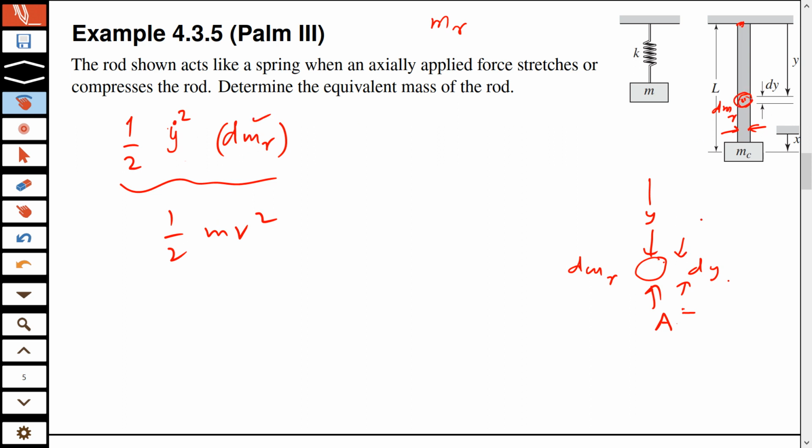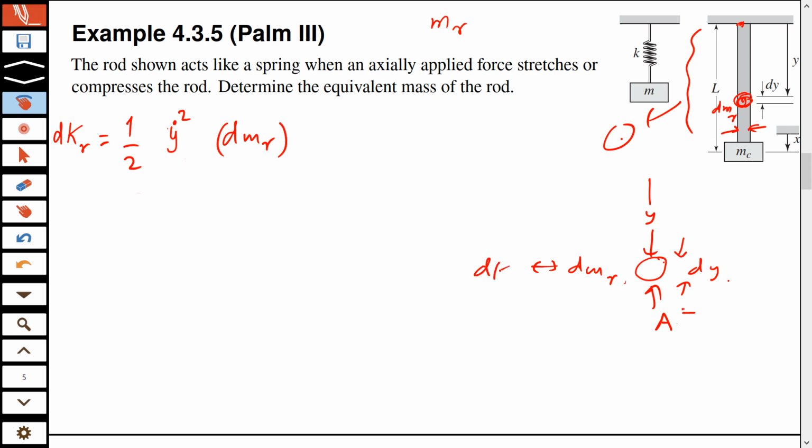Now why am I doing this? Because this is a distributed mass, and I cannot just lump this by a single particle. So I'll just take a small element, and that small element can be approximated by a particle. The mass of that particle is dmr, and I say half dmr times the velocity squared. Okay, so this will give me the small kinetic energy contributed by this element. So this element contributes an energy of dKr. Okay,